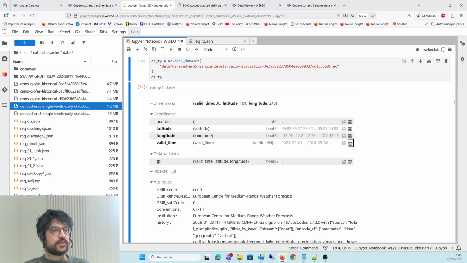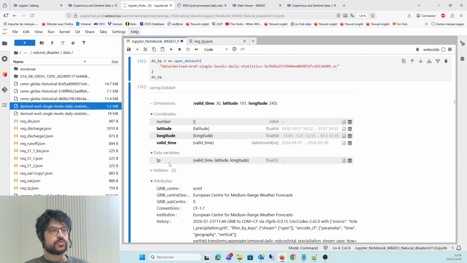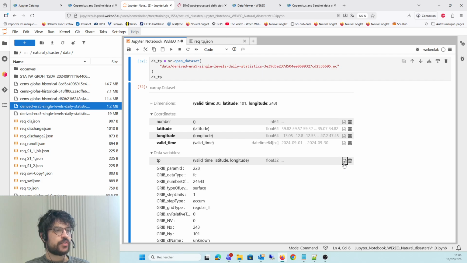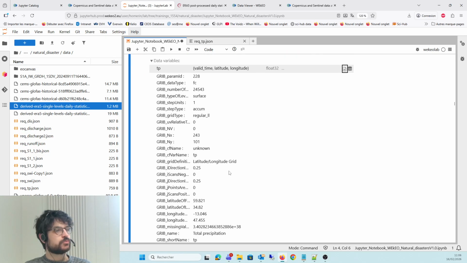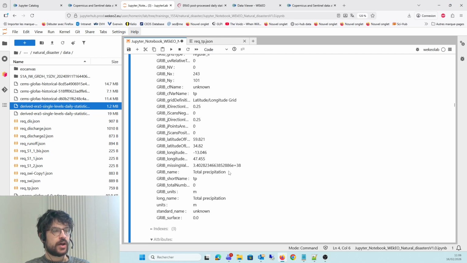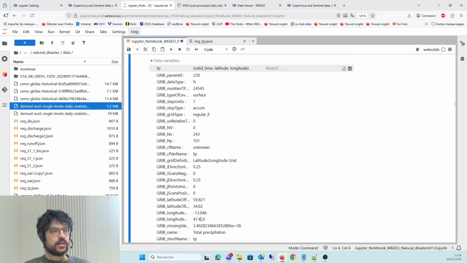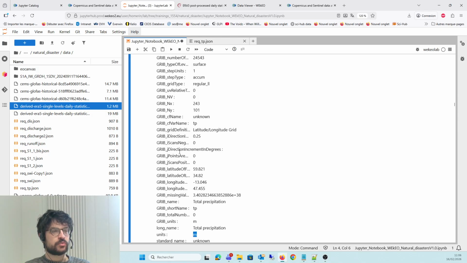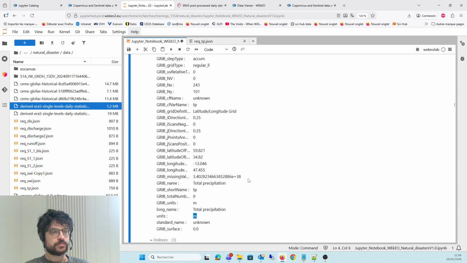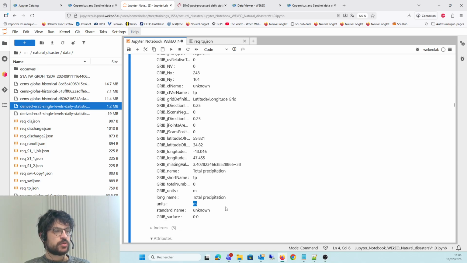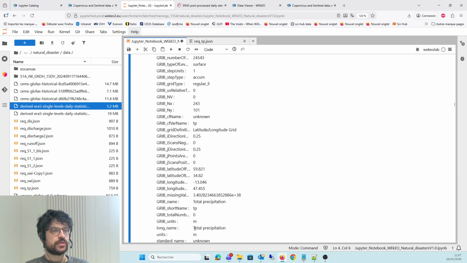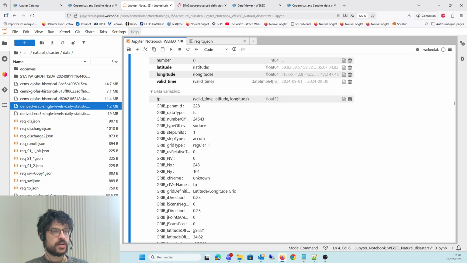And finally we have a TP variable here. If you want to know more about this variable, you can click on this icon here, which will display the metadata of the variable. And we have quite a lot of other items here to have more precision. So we can see that the actual name is total precipitation, so TP, this makes sense. It's in meters. And we have some more metadata here that we don't necessarily need to investigate right now. But what's most important is especially the unit of the variable, and we'll make sure of what it is, so long name and description.